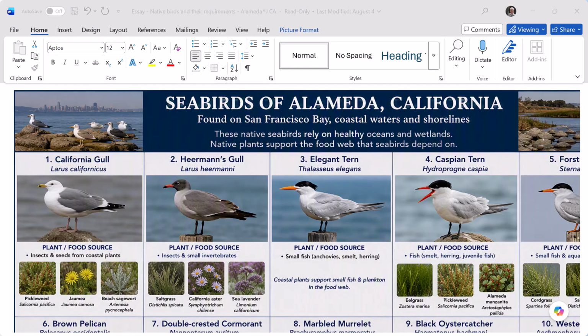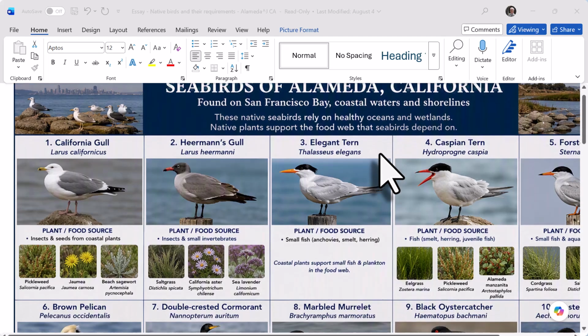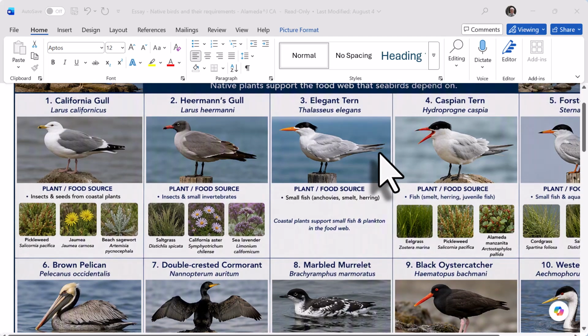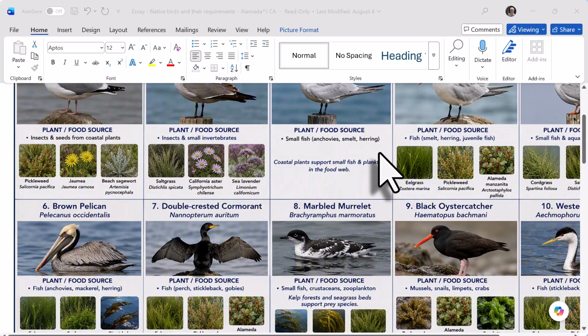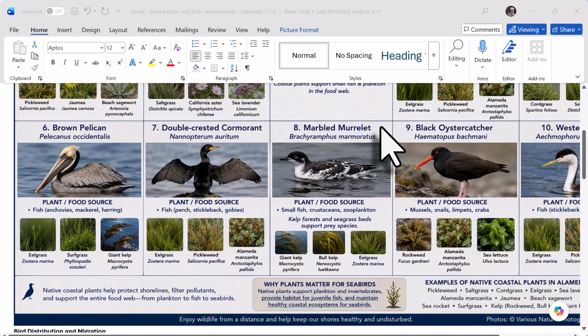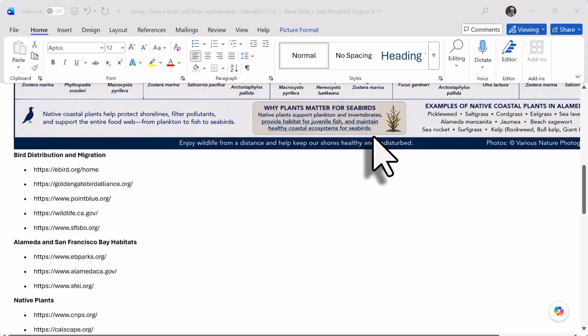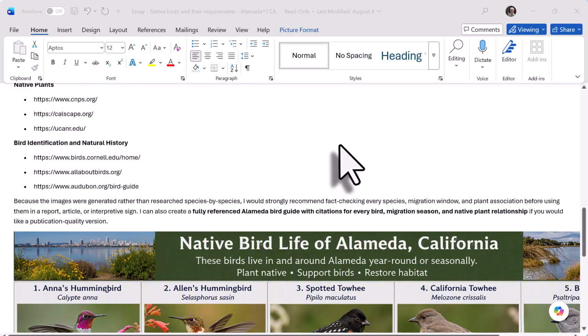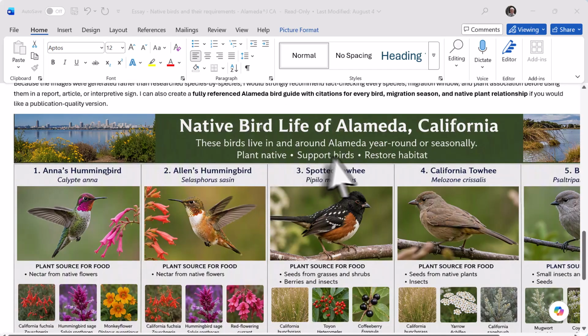This is a local example, also using Copilot, but using it inside Word, where I'm able to sort information and, in addition to all the data, able to provide or have Copilot provide me with images for the plants that are essential to the bird life, in this case, that I was looking at. I've got all my links,